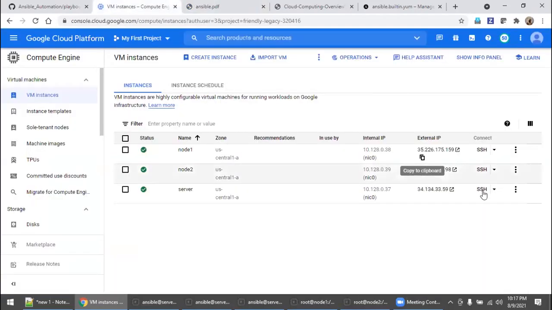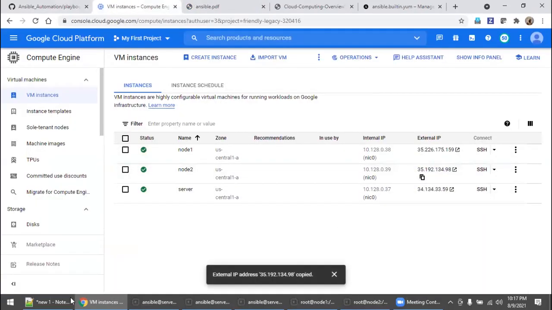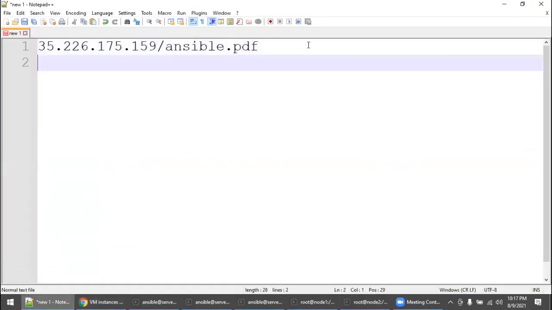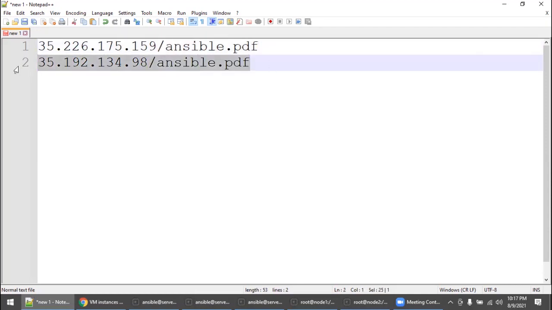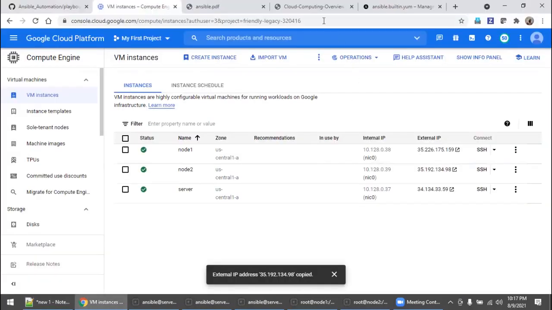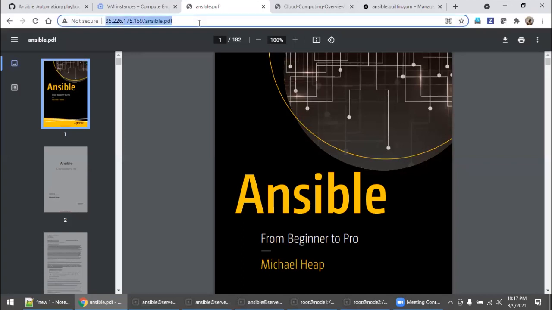See, it's working. The same way, what is the node2 IP address? This is the node2 IP address, right? So copy this, because when you implement something, you need to realize or check whether it is working properly. It is working.